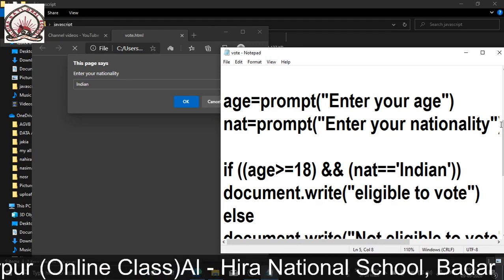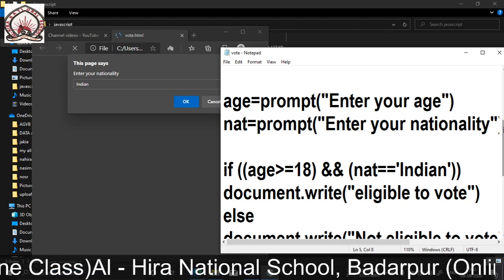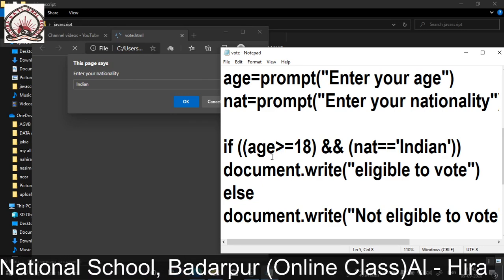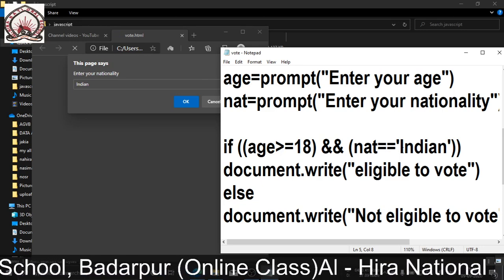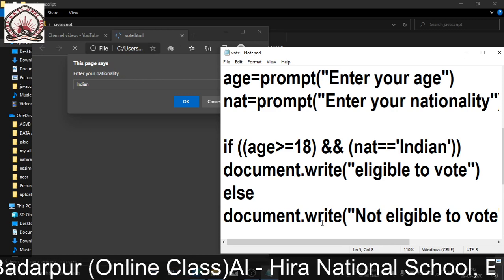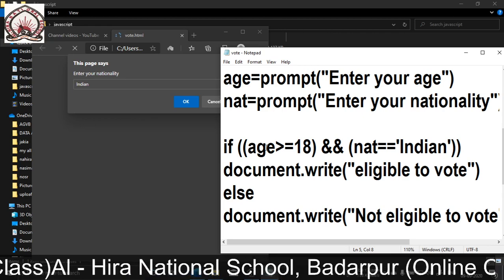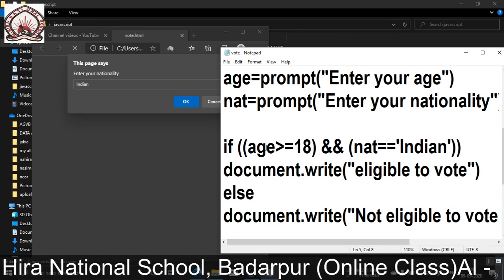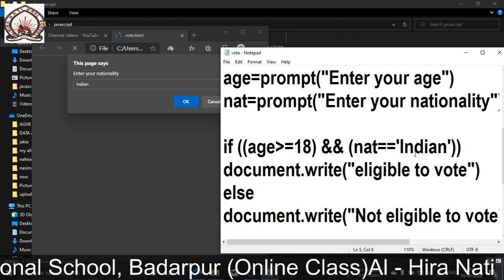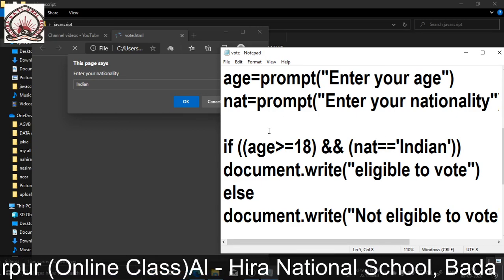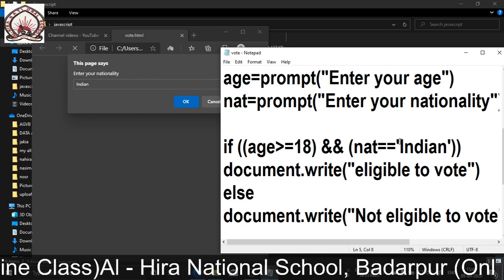If for example the value of age is less than 18 and nationality is Indian, it will display not eligible, because as I have already discussed in chapter 6, if you use the AND operator, both conditions must be true for the result to be true.